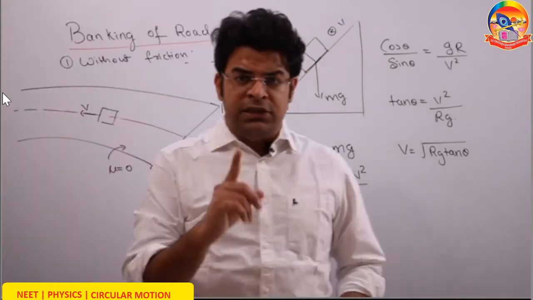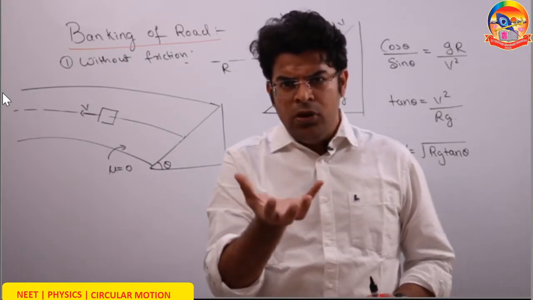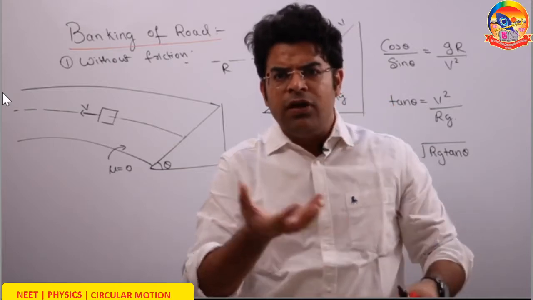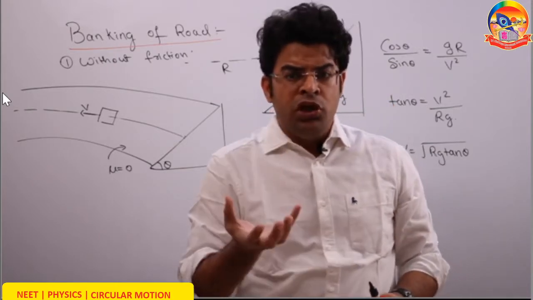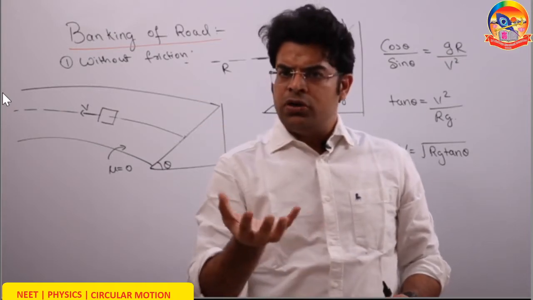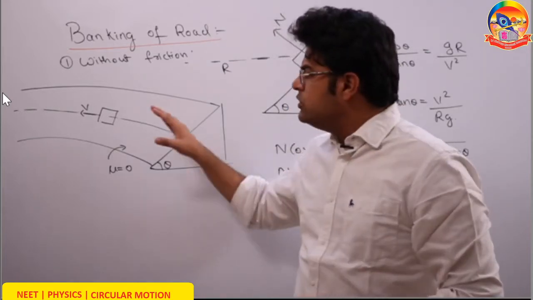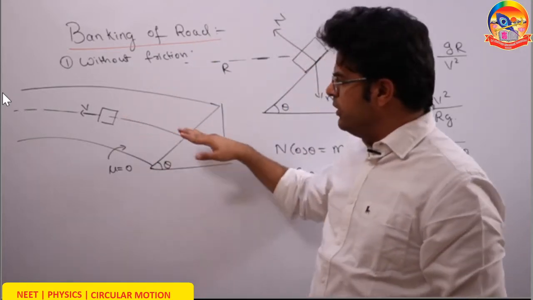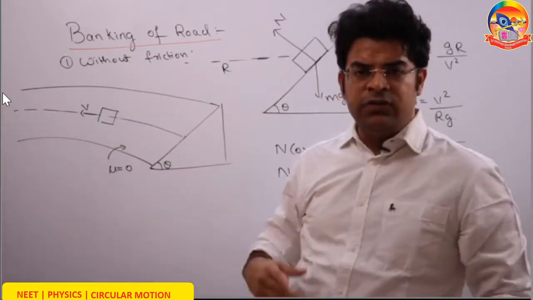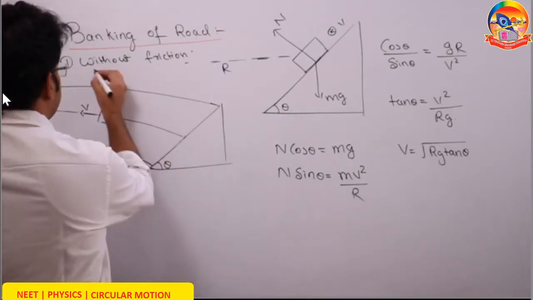You have done this in your life while taking a bowl and placing a small marble inside it, and then turning it. The faster you turn it, the higher the radius the marble takes. The slower you turn it, the smaller the radius the marble takes. So what has to be that particular speed at which the car should move so that it neither goes outward nor inward? Let's find it out. The most optimum speed for a banked road in the first case, the frictionless case.